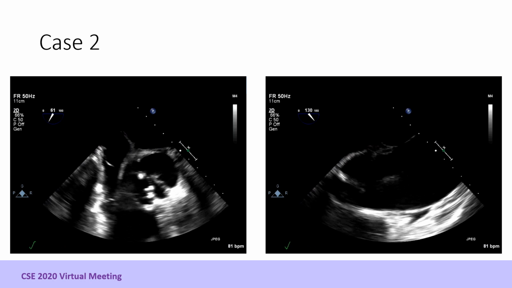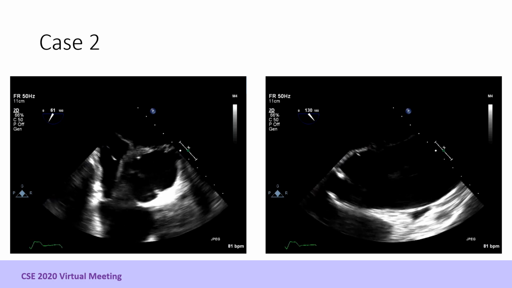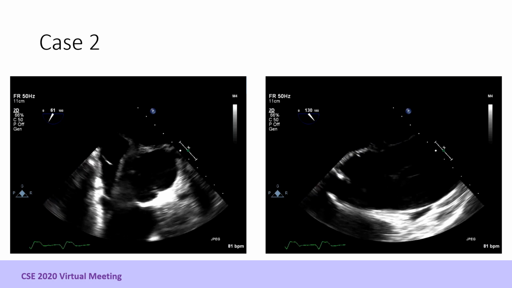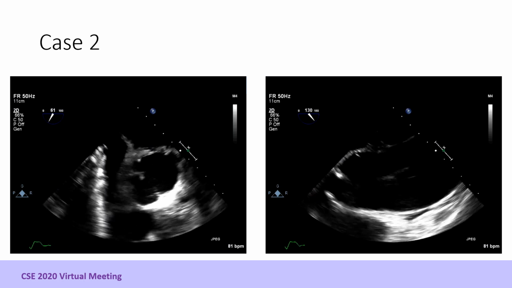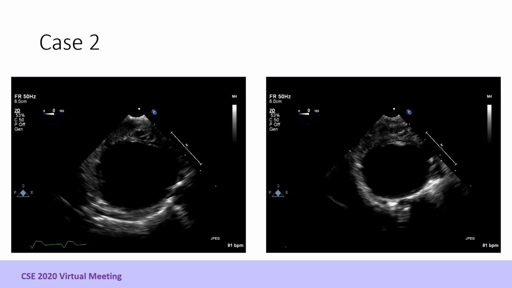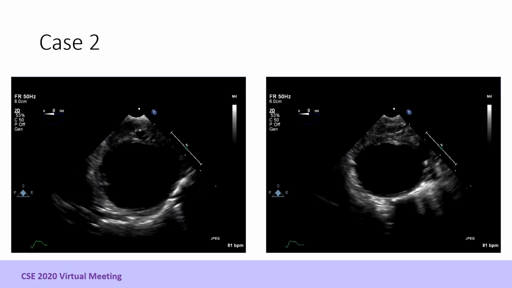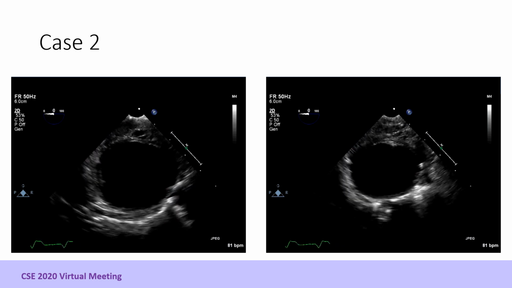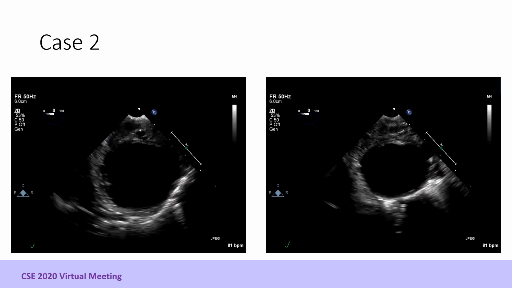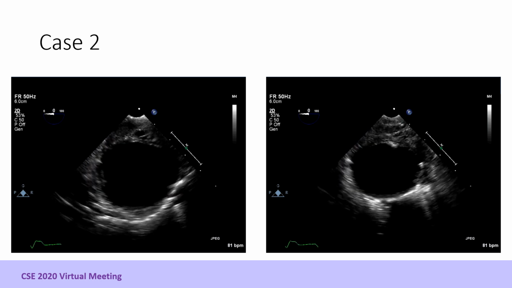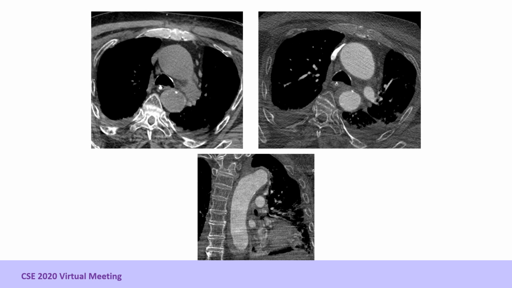Views of the aortic valve were challenging, but the valve appeared to be congenitally abnormal and severely stenotic, and the ascending aorta was severely dilated. Esophageal views of the descending thoracic aorta demonstrate crescentic thickening of the aortic wall at the top of the images, consistent with intramural hematoma. The patient did go for CT scan the next day, with some selected images shown on